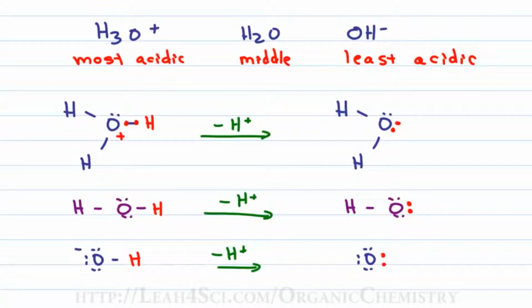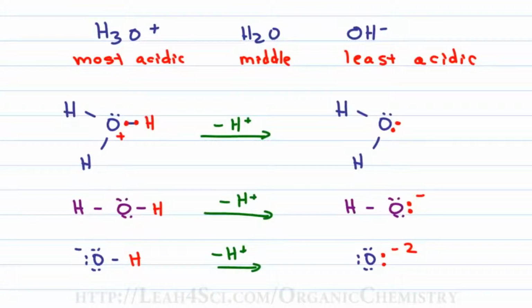And we also have to consider the charge that forms as a result. From H3O+, we removed a positive, so +1 - 1 = 0, water is neutral. H2O is neutral, minus the +1 gives me OH-, and OH- minus 1 is -1 - 1, or -2. So we have H2O, OH-, and O2- as our three conjugate bases, and now we go back to that rule